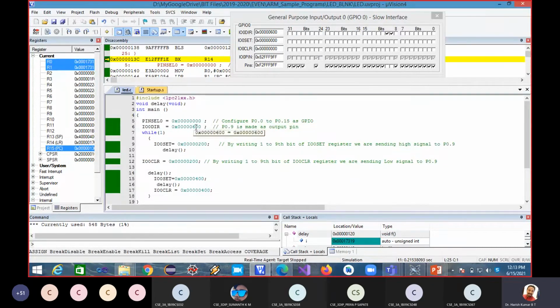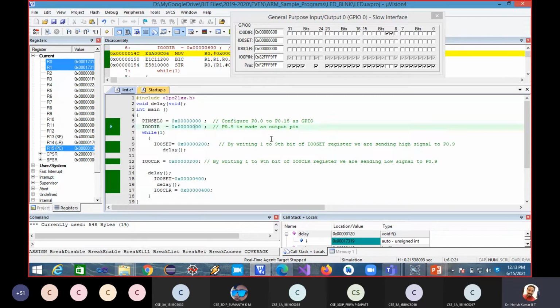Now all these port pins from P0.0 to P0.7 should be made as output. So what is the data? What is the data? FF, sir. FF. It is FF because you got to make all these bits 1111 1111, which is nothing but FF.